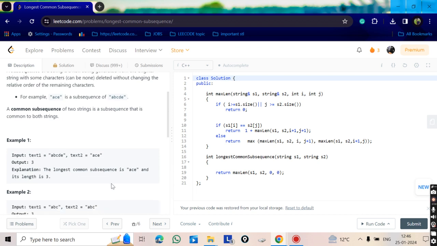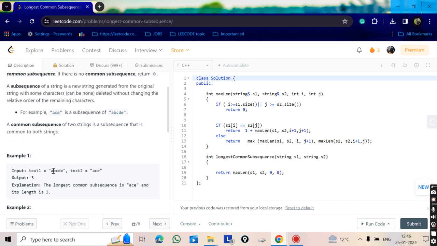So we have to find the common one. So what is the solution? We can take i for this string and j for this string as indexes. If the characters are equal, we increment the count by 1 and increment both. B and C are not equal, so we increment i.